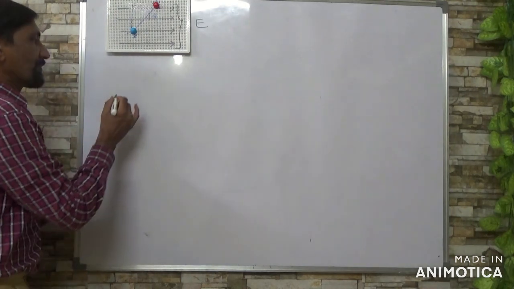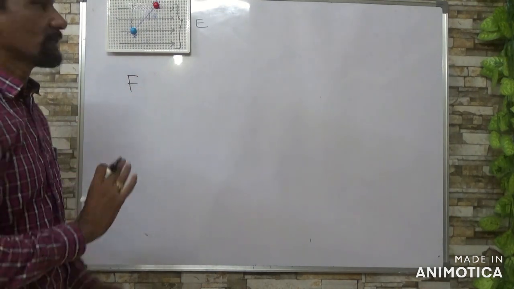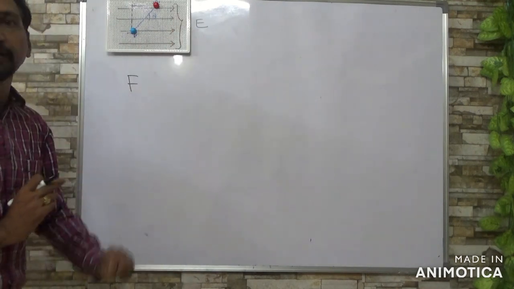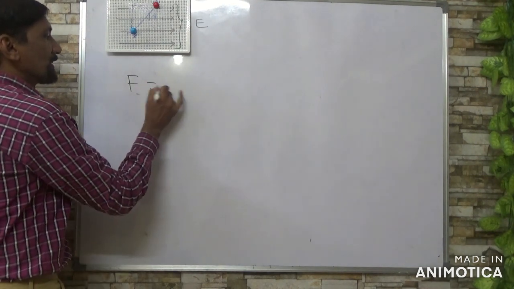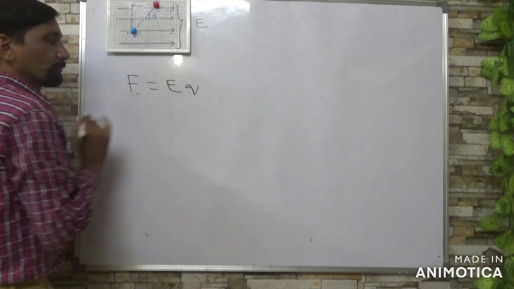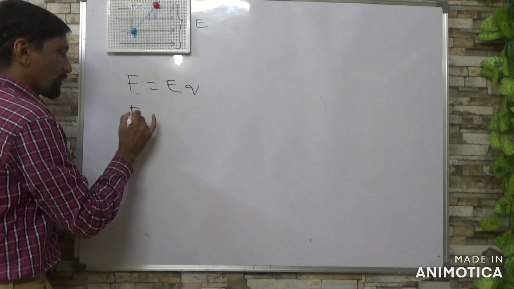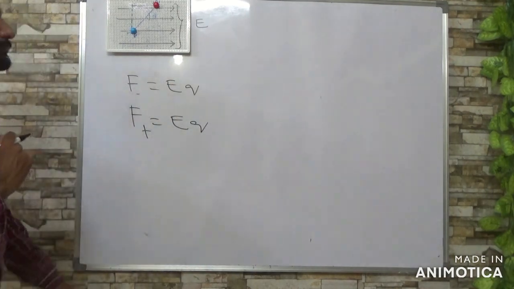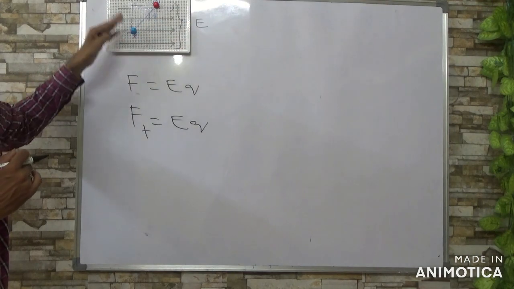In the previous classes, we saw force experienced by a point charge when held in the electric field, right? So force experienced by negative is EQ. Force experienced by positive is also EQ,